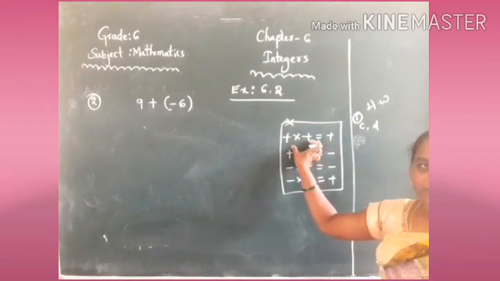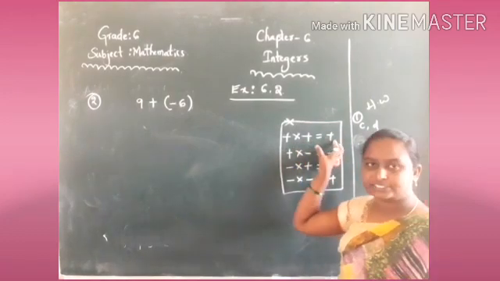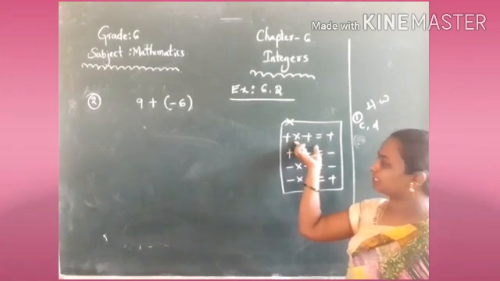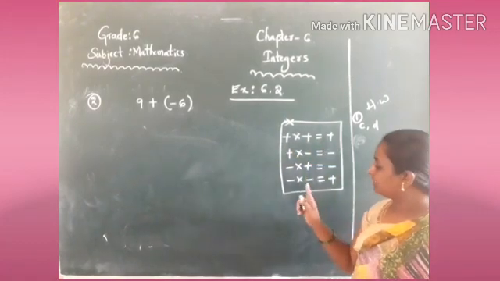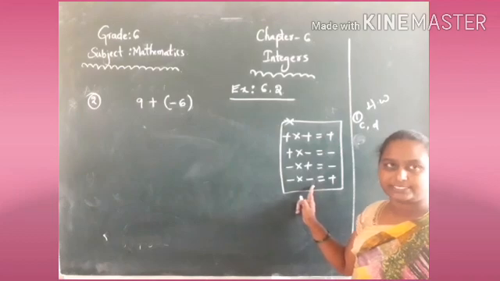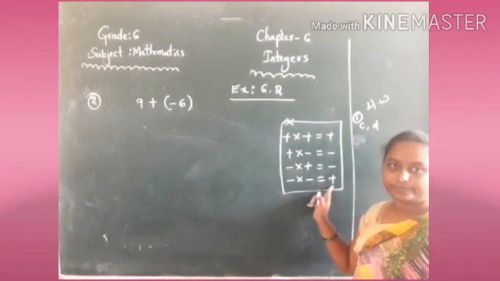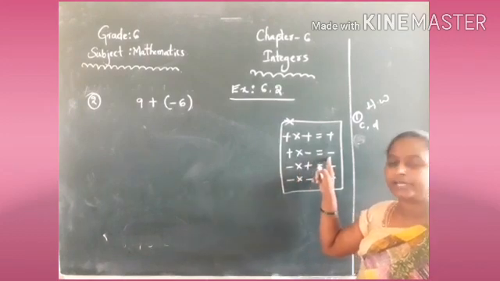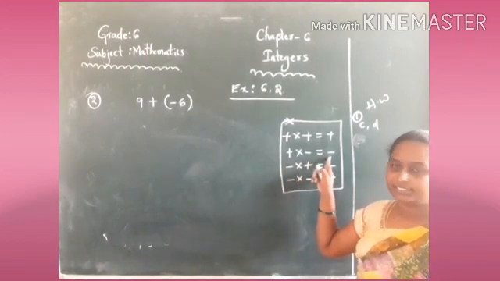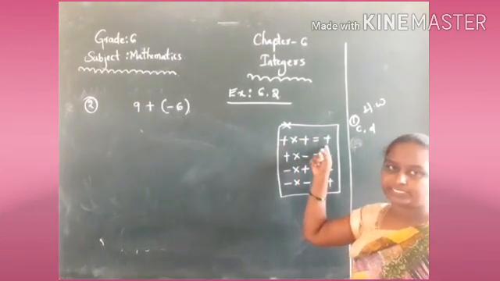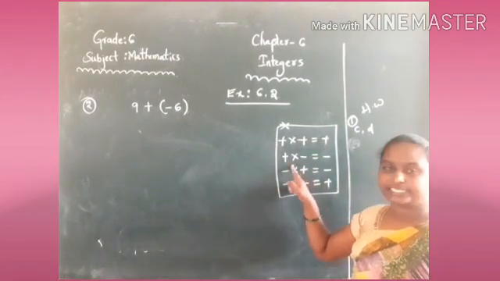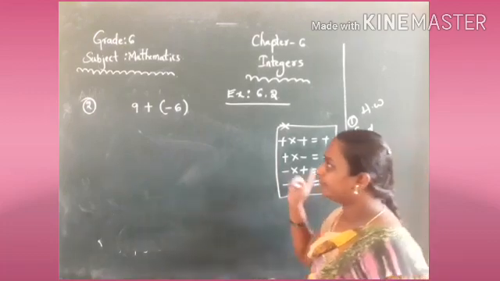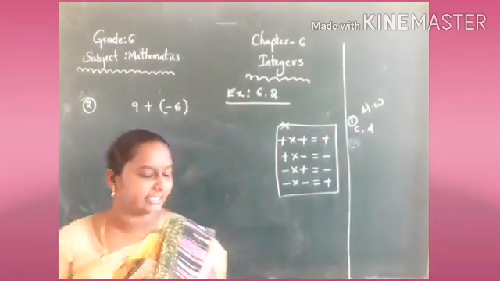If two positives multiply, it gives positive. Same sign, plus plus, gives the same sign. Same here, minus minus gives plus. If plus minus both multiply, it gives minus. Remember, if same signs are there, plus will be given. If different signs are there, it compulsorily gives minus. Same way here we have to apply.